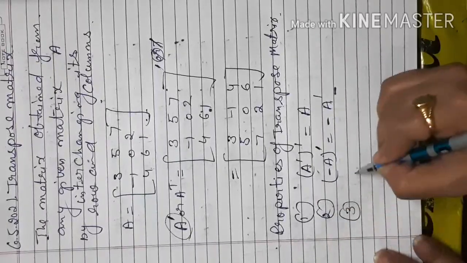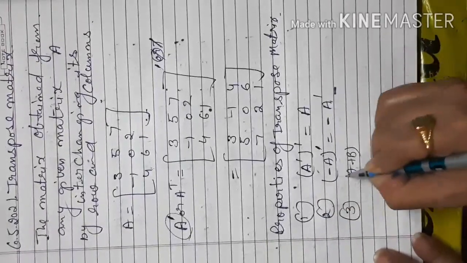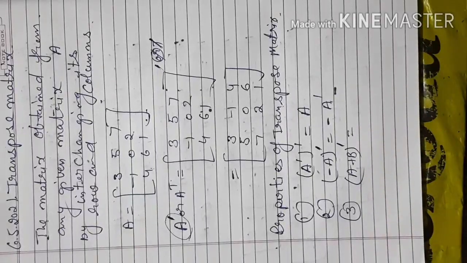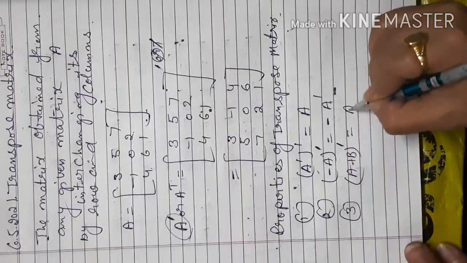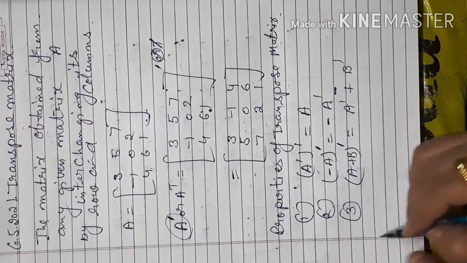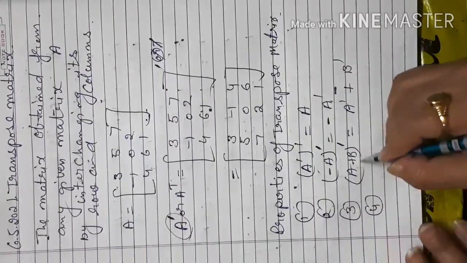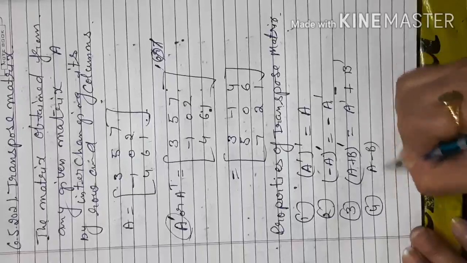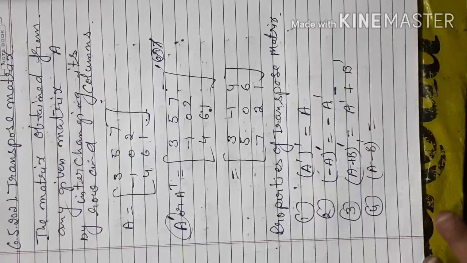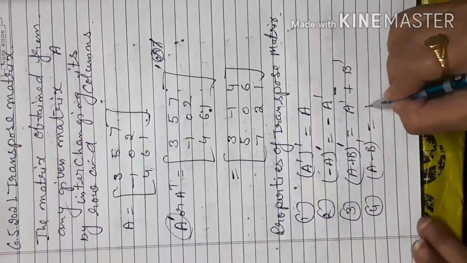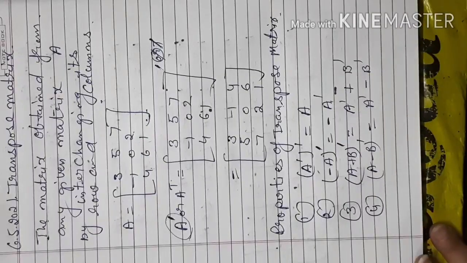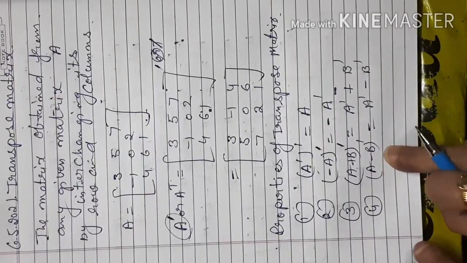If I have the addition of two matrices and then transpose, meaning changing rows and columns, I can transpose individually first and add them later. That is the same thing. The same case holds for subtraction. If you first subtract the two matrices and then transpose, you can instead take the transpose of each individually and subtract them in the same order.